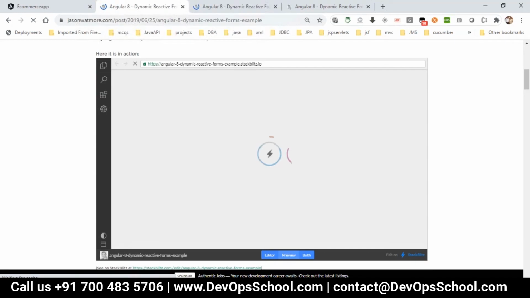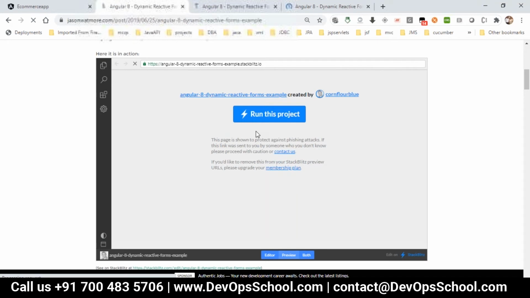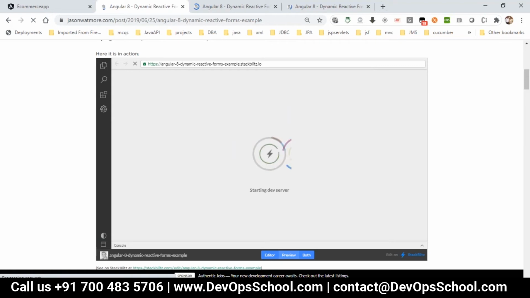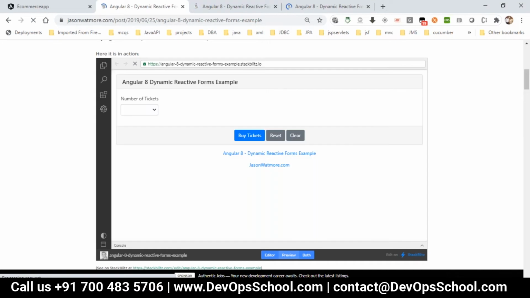Okay. So where you want this is, for example, an online booking system or something, where depending on your selection, like if you have selected the number of tickets as 2 or as 10, that many forms should be dynamically created for me. Here you have a number of tickets.